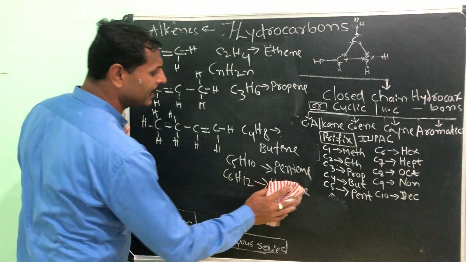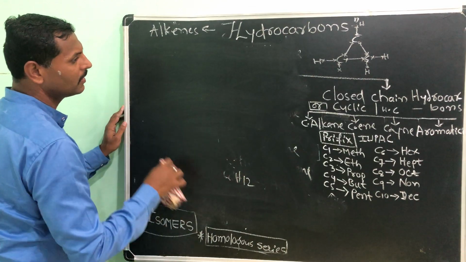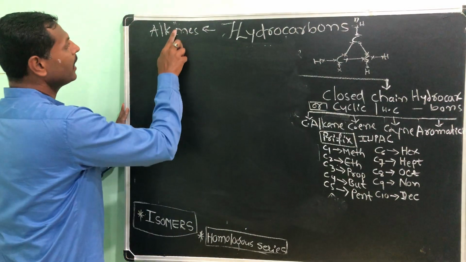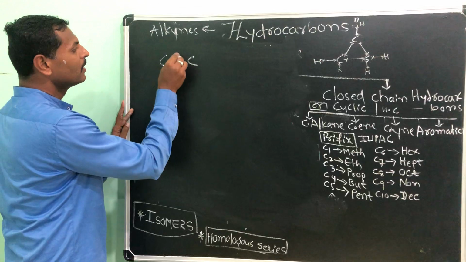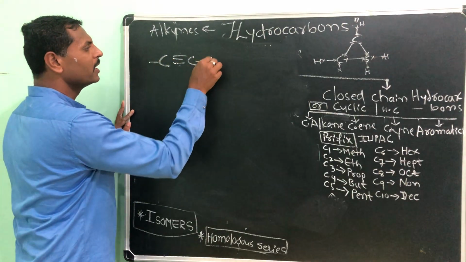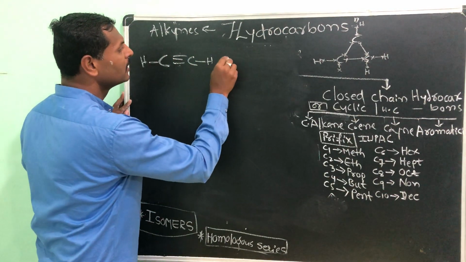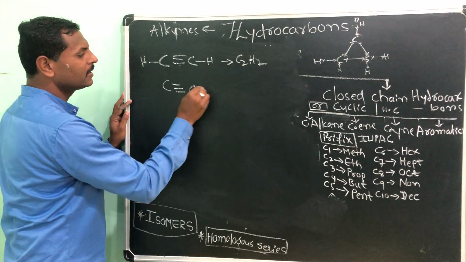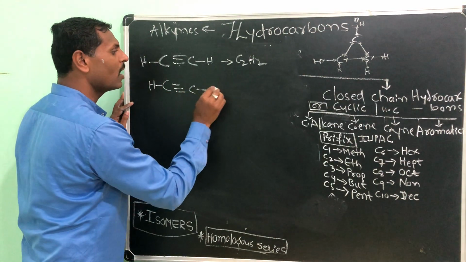Let me move on to the next one. What is that? Unsaturated hydrocarbon, that is alkyne. In alkyne we have to take a minimum of 2 carbon atoms and a triple bond between the carbon atoms. You can write it anywhere you get the place. So C2H2. Like this, take 3 carbon atoms. It is already satisfied.